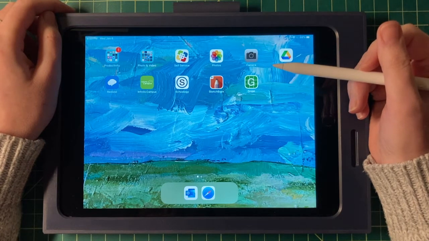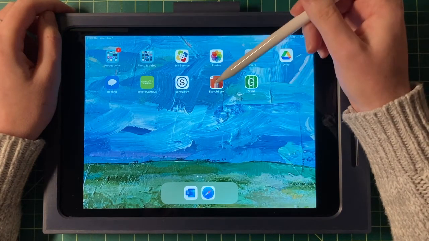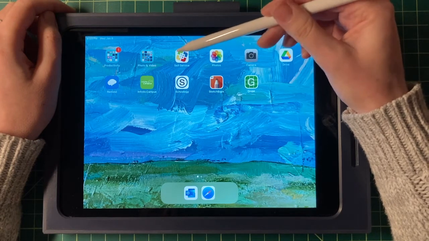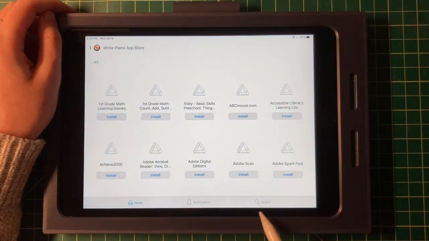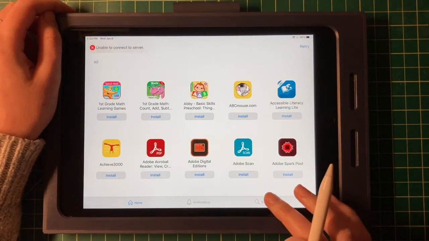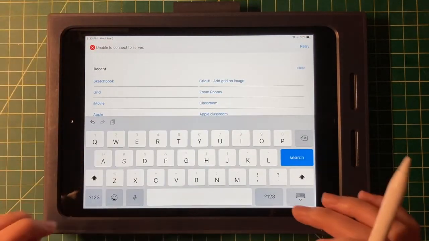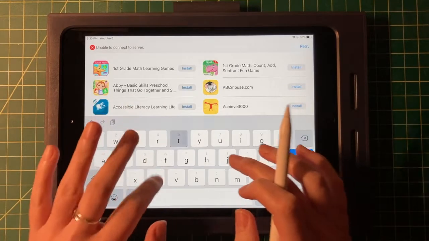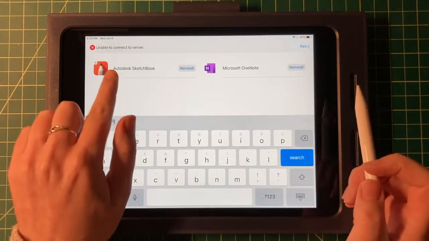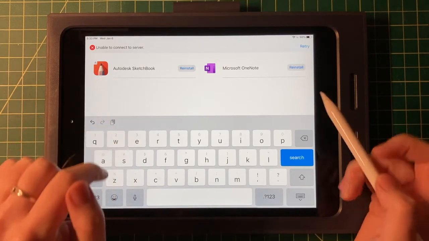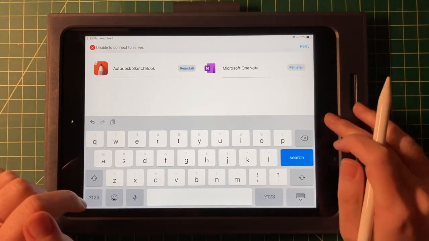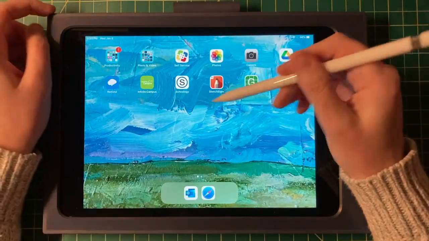Before you begin drawing, you're going to need to go ahead and download the Sketchbook app, and you can do that through self-service. To do so, you click on self-service, come down here to the bottom on the right to hit search, and you can type in the word Sketchbook, and you'll see it pop up here. It's actually called Autodesk Sketchbook. That's the right one. Go ahead and click install, and when you do install, it'll pop up on your iPad